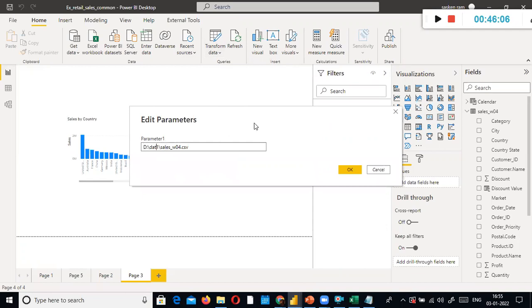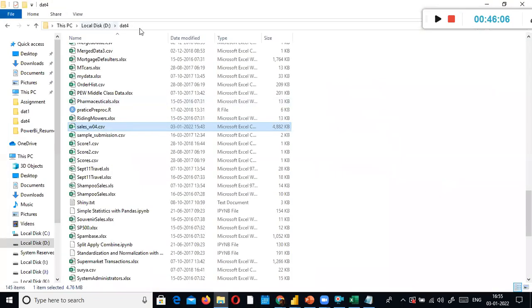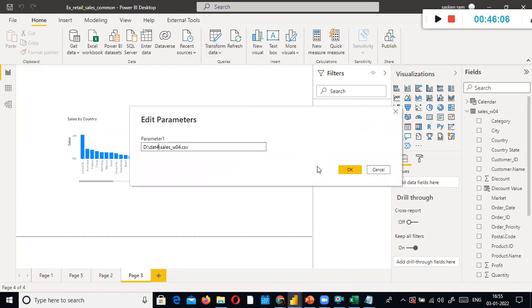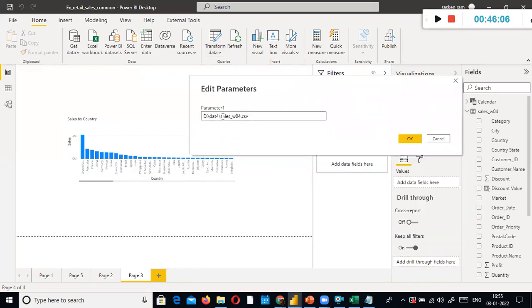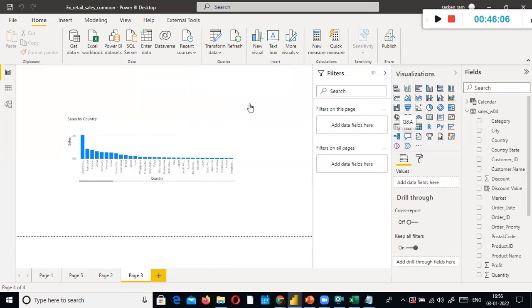Here, for example, in the production, the data is available in this folder. As I showed you here, you just think this is a production folder. Okay, that folder. This is a live folder, very critical one. Not all the people have access, only limited people will have access to that folder. You just think that it's a production database. So look here, now United States, Australia, everything is same. But in this data here, the file name is same, but the location of this file is different, but the structure is same, but the data is not same. You understood, right? I just click OK. Everything is same, but the data is not same, and the folder name is not same.